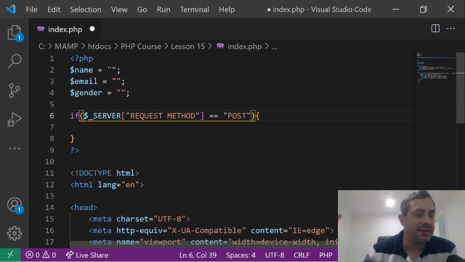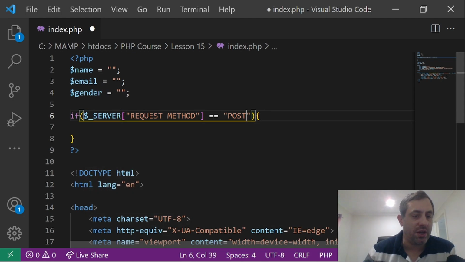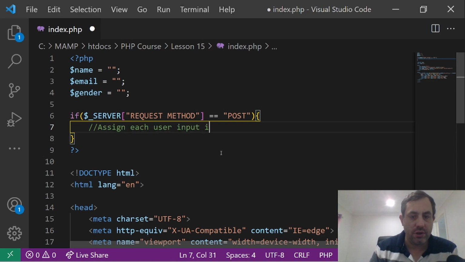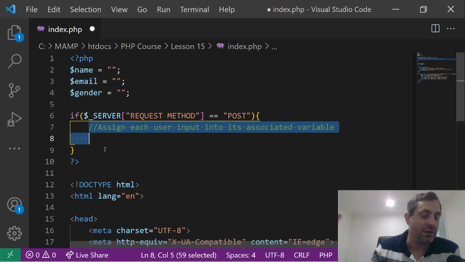So what this is saying is if the server request method is post, it reads pretty logically. If server request method is equal to post, then what do we want to do? Then we want to assign each user input into its associated variable. So if the request method used on this form was get, this would return false. So none of the information inside of these curly brackets would